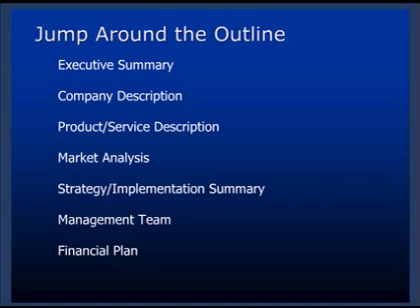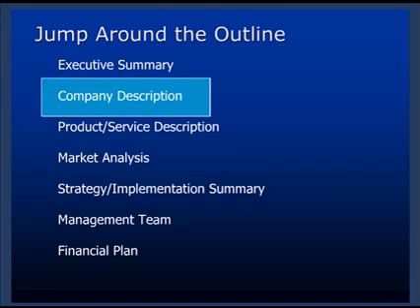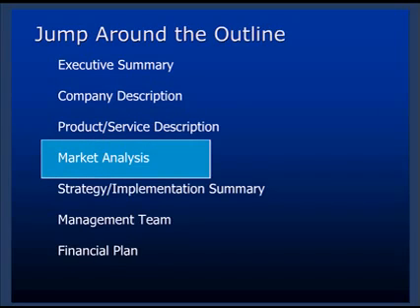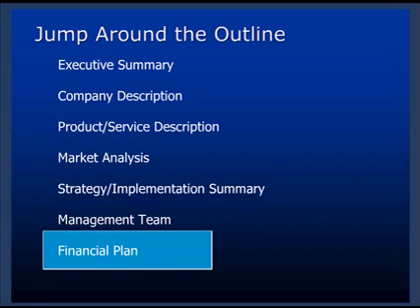You can jump around. For example, you might start with the company description because that's easier for you to write and get going. And you might then jump to the market analysis. Both of those are situation analysis type things, so they're easier to write at this point. And then you might go down to the financial plan later because you feel you want to do the numbers first. The key is jump around, fill in what's easiest, and don't get caught or constrained by having to write one thing before the other. You don't write your plan in the same order that somebody would read it.